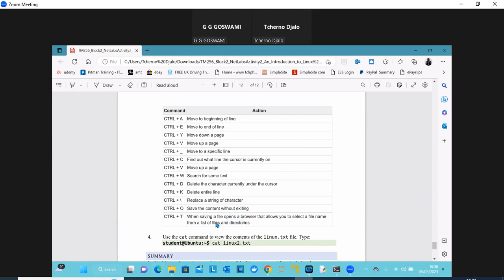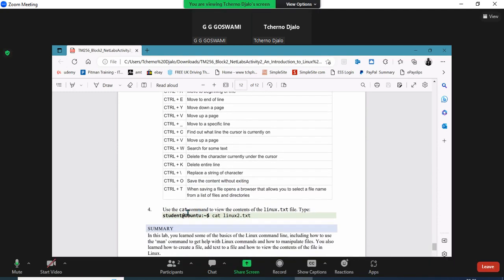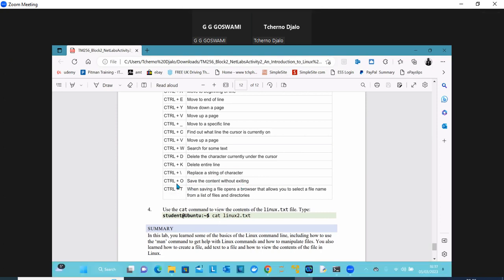So if you want to delete the character currently under the cursor, it is Control D. And if you want to delete the entire line, that is Control K. Control D will delete a single character and Control K will delete the entire line. To save the content without exiting, that will be Control O. Sorry, Control O. Control O will save the content without exiting,